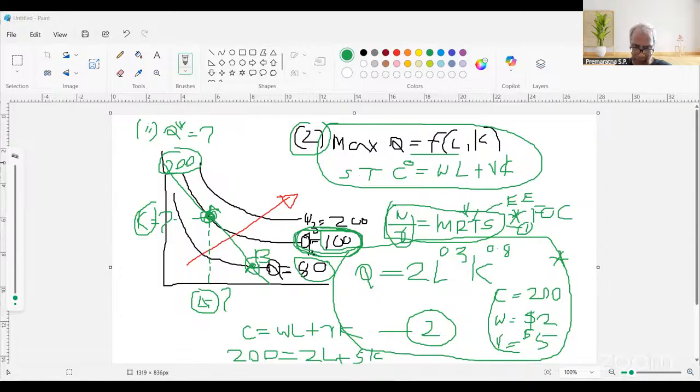Now, when you differentiate with respect to L, W is constant, so you get W minus lambda FL, which is the first equation. The second equation, differentiating with respect to capital, you get R minus lambda FK. Apply the same rule because here lambda and then become